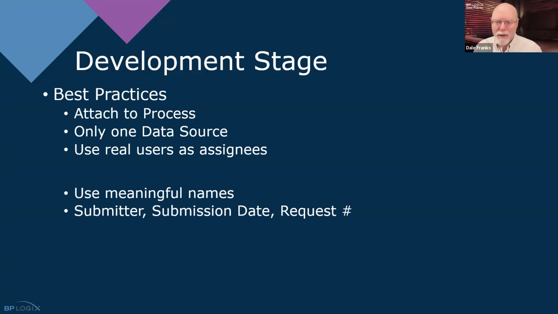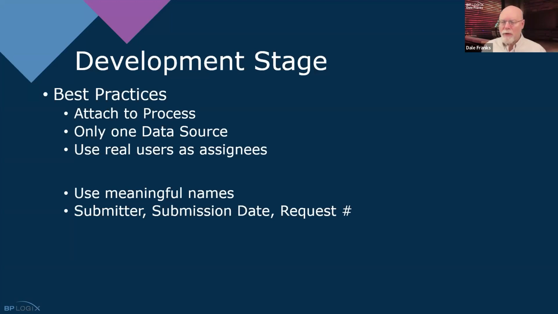Am I going to have document attachments? This particular process that we've been looking at doesn't. But if I do, I want to attach documents to the process. That is, by the way, the default option whenever you drop attach control or show attach control on a form. The default attach type property is always going to be process. In general, you always want to attach to the process because the form itself is also a process attachment.